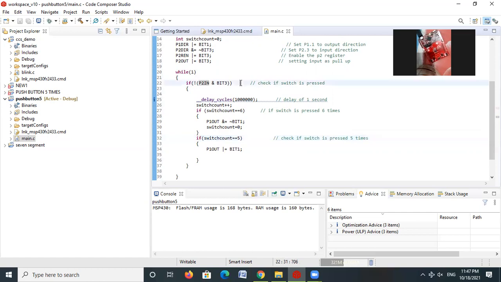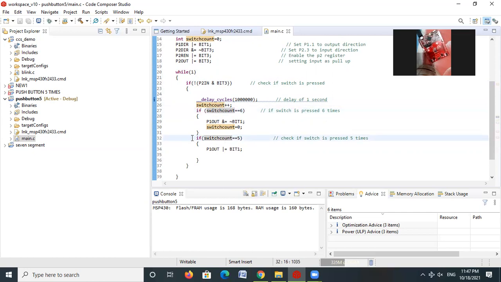If I press the switch 5 times, after 5 times this switch count will become 5. Now again this if statement will not be satisfied, so the code will come here.